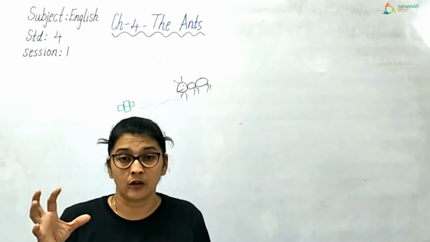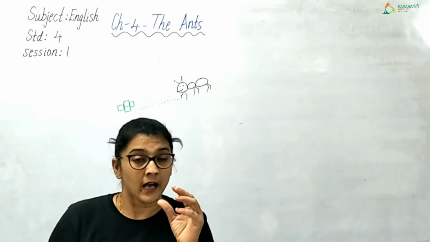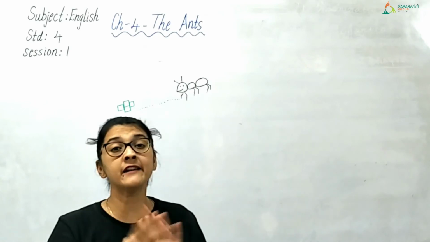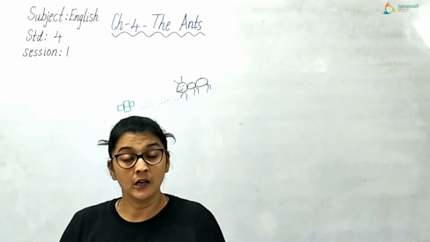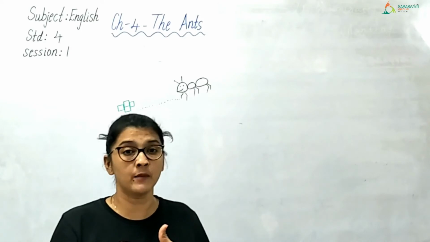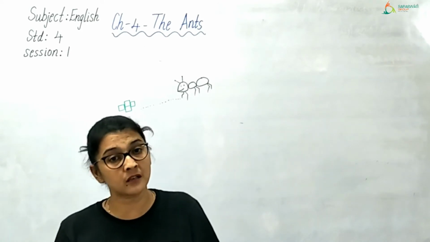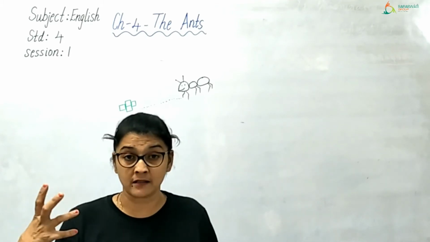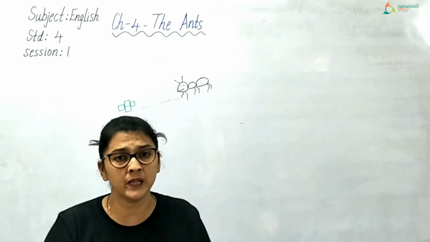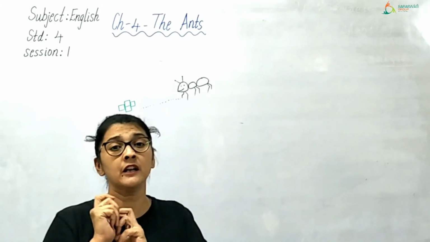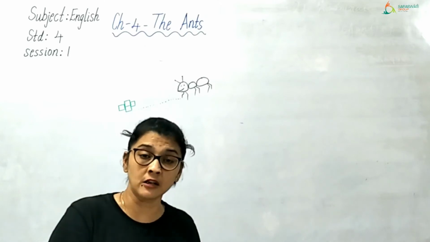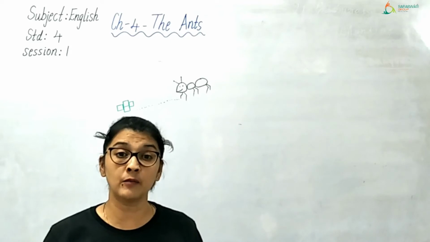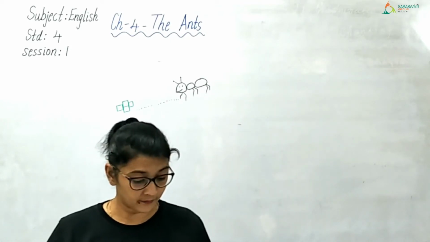Confused? Not at all. Okay. One ant has found one grain of wheat. It is very heavy for that single ant to lift that grain of wheat. So that ant found another neighbor. That means another ant is also working somewhere in the neighborhood. So that ant goes to that ant and requests, can you please help me to lift this grain of wheat and make it reach to our place where we collect food? Now let us see what that neighboring ant tells this ant.